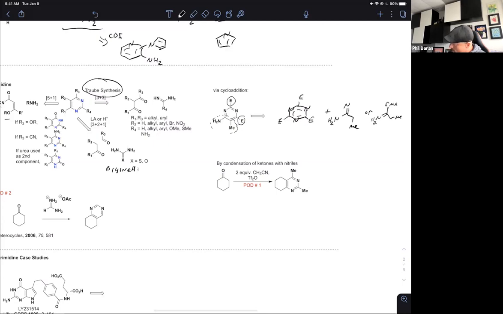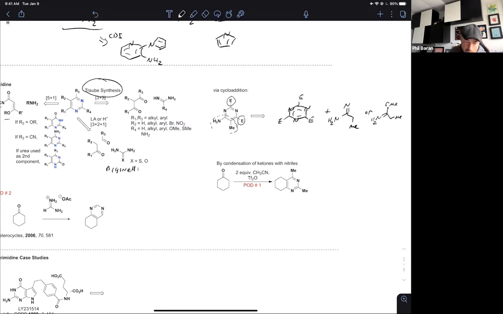Either of those will work well for you to get your pyrimidine product after cycloaddition. It's rarely used, however, because you need a specific substitution pattern. But when you have that right substitution pattern, this is like a bullet train to give you the product. It's super useful. You can't find a faster way to get there. You can also do this through condensation. So this only happens in certain circumstances when you have rather simple compounds, but when you do, it can be